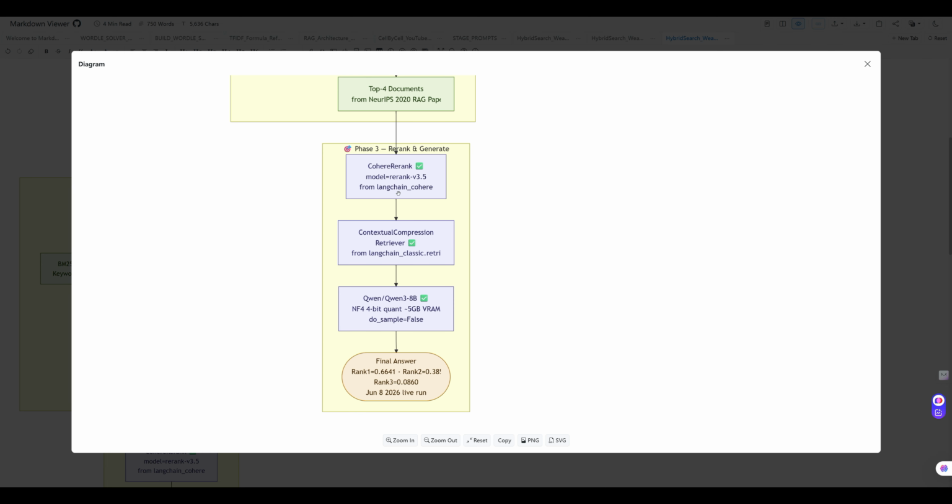When you call it, it retrieves your data or answers to the questions using Weaviate, then immediately compresses and reranks using Cohere. The LLM only sees the top reranked documents, and then